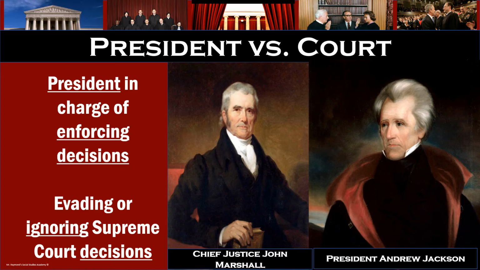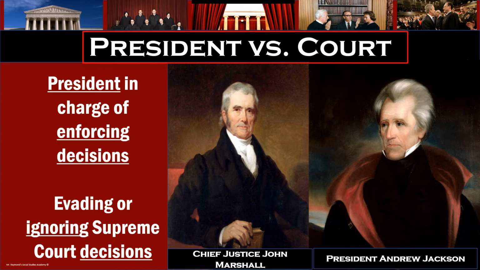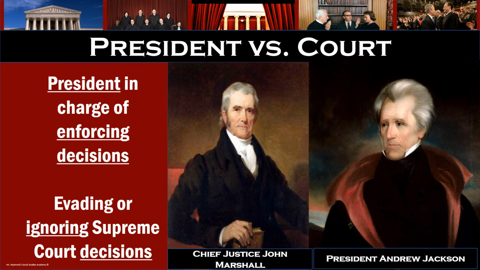Alright, so let's wrap up by looking quickly at the checks on judicial power, always an important aspect of your AP exam. And let's start by looking at the relationship between the executive branch and the courts. Remember, Hamilton and Fed 78 referred to how the executive had the power of the sword and not the judicial branch. And this leads to the often contentious debate, is the president required to enforce judicial decisions that they disagree with? Or can they just choose not to do so?